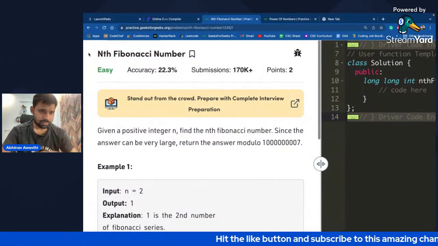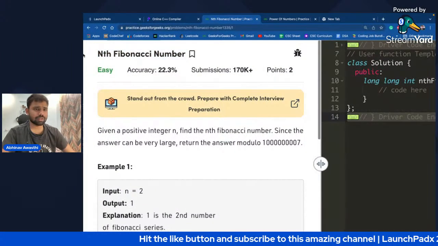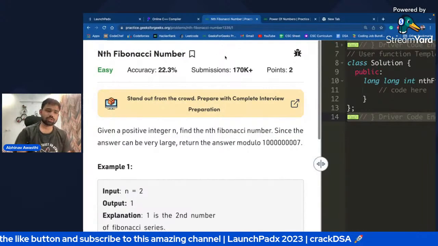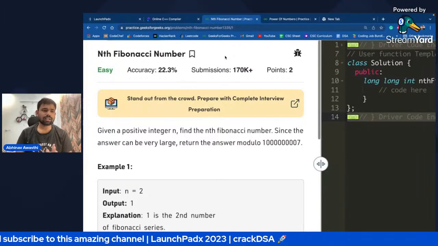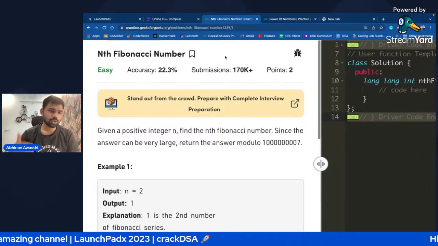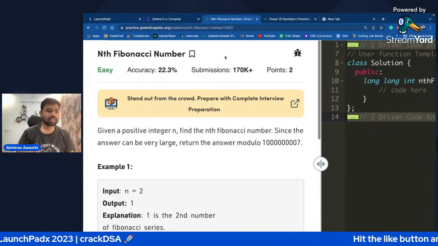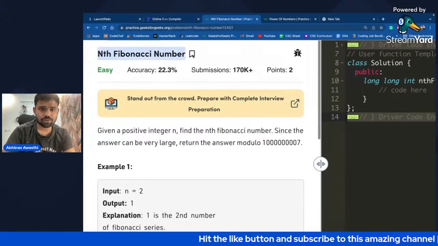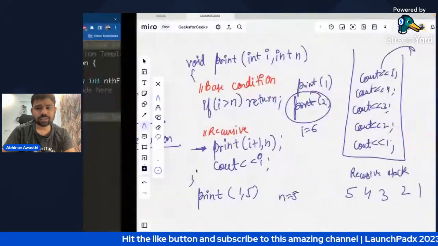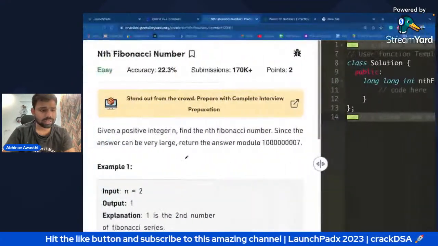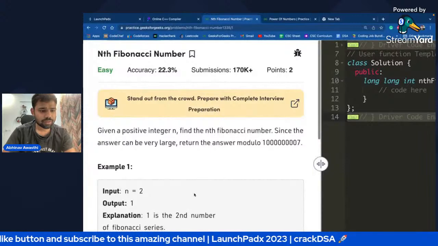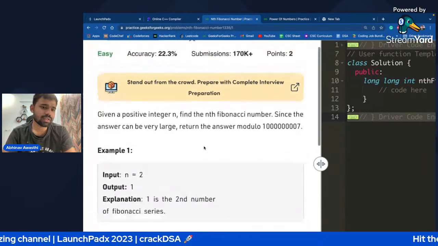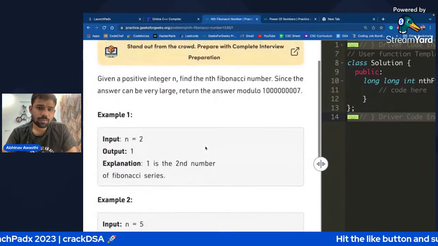Okay, guys, the problem is Fibonacci number. This is a very basic, beginner phase question that we are solving. Starting we are solving the easy problems, and as we go on, we'll also solve some more problems. That's completely fine. So the problem is nth Fibonacci number that we have to solve. The Fibonacci series, guys, is something like this. Fibonacci in recursion is time consuming. We have to memoize it, or we have to do it using loops. But let's see.